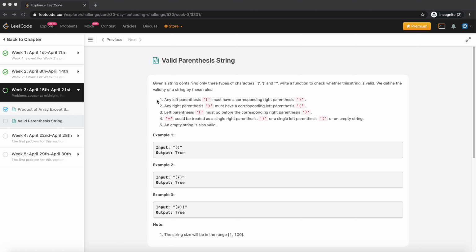So what are the rules of this problem? Any left parenthesis should have a corresponding right parenthesis. It says if anything opens up, then you need to close it. Similarly, any right parenthesis must have a corresponding left parenthesis, and left parenthesis must obviously go before the right. And asterisk can be treated as a right parenthesis or a left parenthesis or an empty string, and